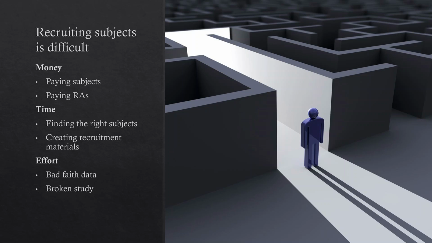And finally, you spend all this money and time recruiting subjects, and even when you do get people, you can end up with bad data. So people who are rushing through because you tapped into the wrong people or they're bots or something. You can also end up with a broken study and lose your subject recruitment effort. So all of the work that you go into recruiting those subjects ends up for naught because there was a bug in your code. So by making subject recruitment easier, you reduce the risk of losing money, losing time, wasting